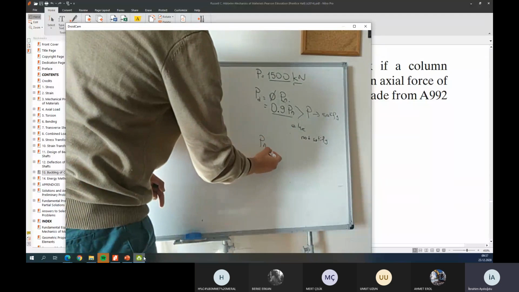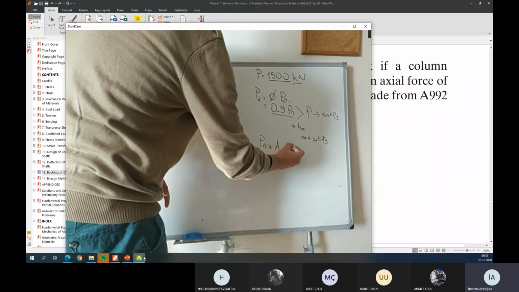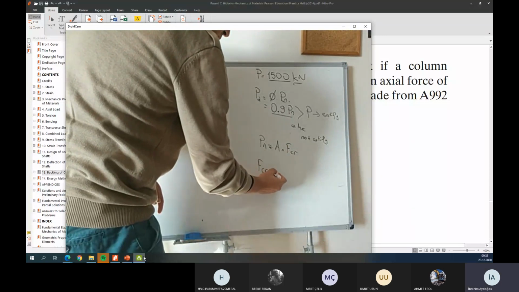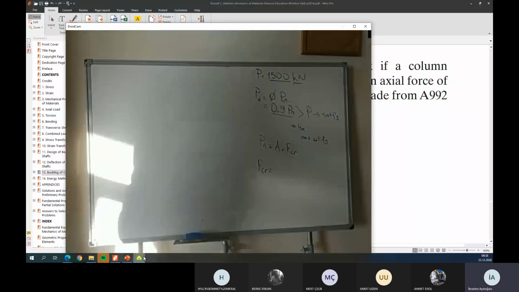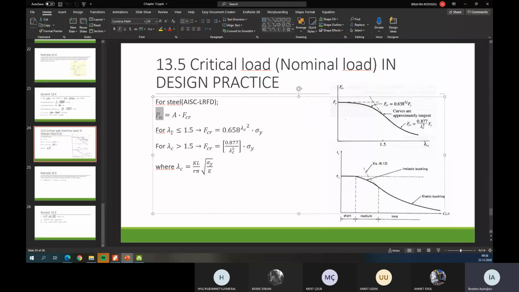Maybe you remember that Pn is equal to A times F critical. For F critical, we have two formulations. It depends on lambda c. So first of all, we need to find the lambda c value. Lambda c, you can see, is K times